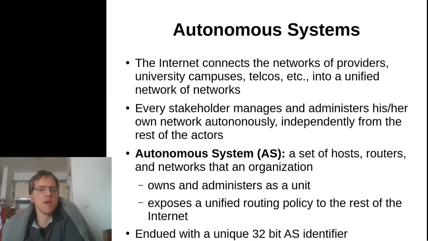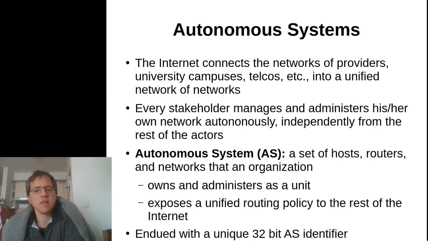Now we can sort of imagine what the first part of the definition means. For instance, if we think about the local intranet or the network of the Budapest University of Technology and Economics, the BME net. This is basically a typical autonomous system. It connects all the buildings of the university that are scattered throughout the campus into a common network, and this is a sort of internal network or an intranet that in itself